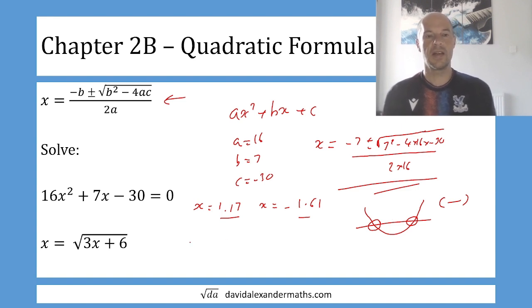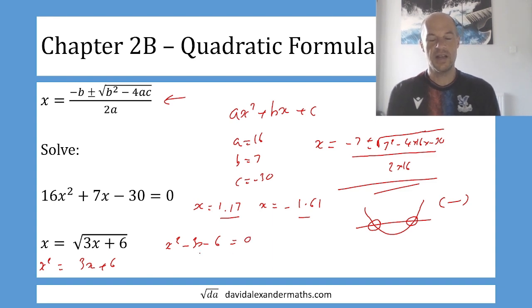turning point. Now for the second example, this is not obviously a quadratic, so what can we do with this? Well, if we square both sides, we are going to get x squared equals 3x plus 6. So it's now a quadratic, and now we need to make it equal 0. So if we subtract 3x and subtract 6 from both sides, we can make it equal 0. Again, can we factorise it? No, we can't. So just substituting into our calculator, using write out the quadratic formula on your sheet of paper,